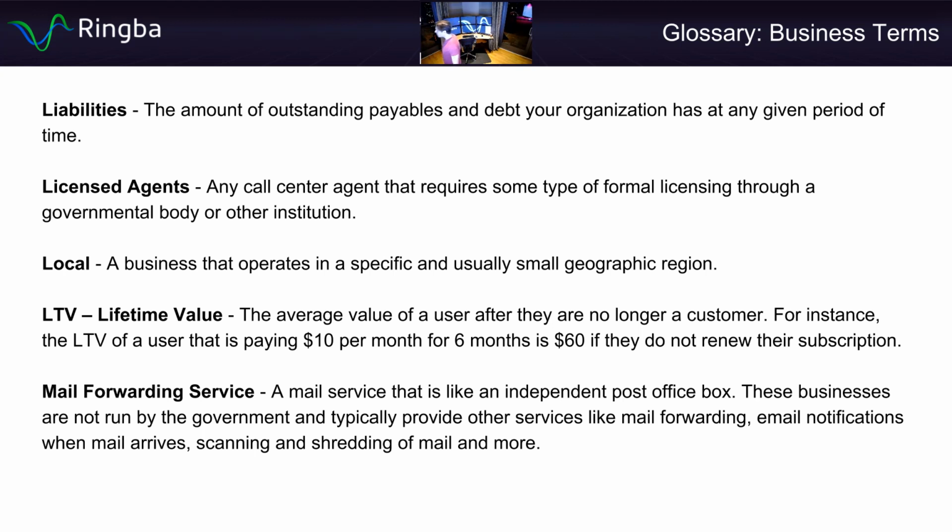So if you're an affiliate looking to get into the pay-per-call space right now, and you're at home or you're young, like a lot of the affiliates I know, and you're sitting in your parents' basement right now, well, guess what you're going to need? You're going to need a mail forwarding service so you can have a legitimate address for your company. You probably don't want that at your house. You don't want your parents getting a whole bunch of mail at your house, then you have to deal with it. These things are also extremely convenient if you travel a lot. They'll scan all your mail in for you, email you copies of it, they'll forward it wherever it needs to go. It's a really great way to have a business address without actually going out and getting an office.